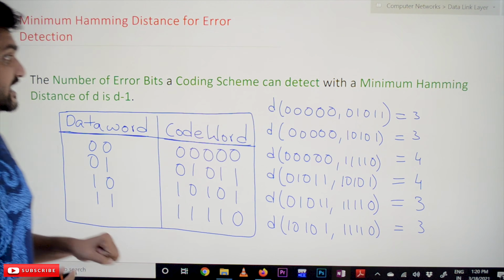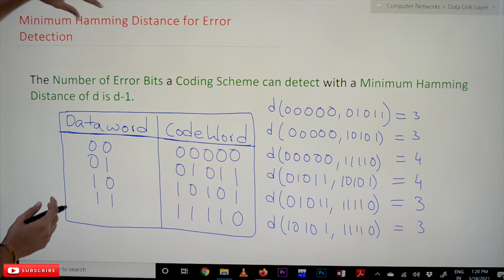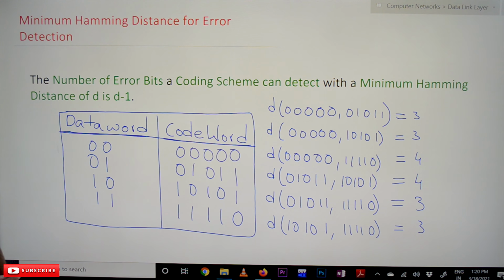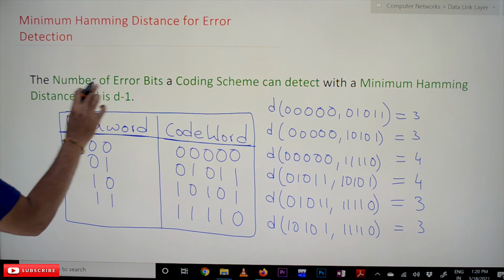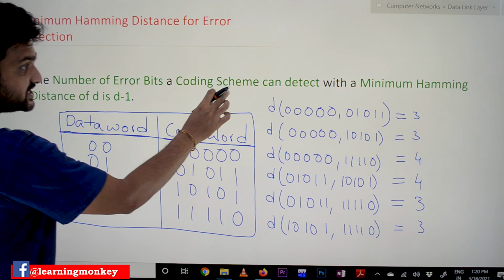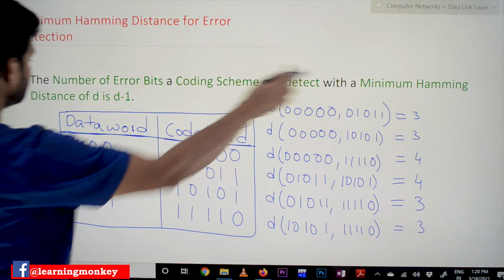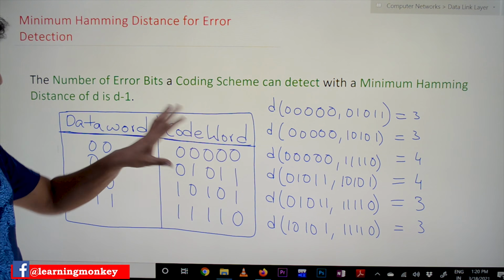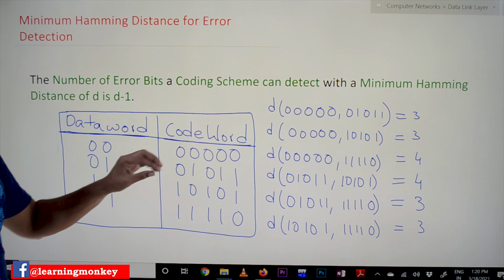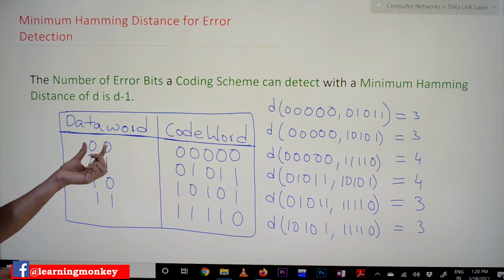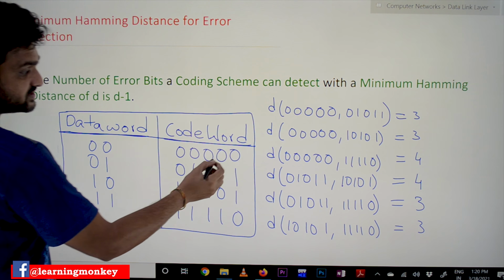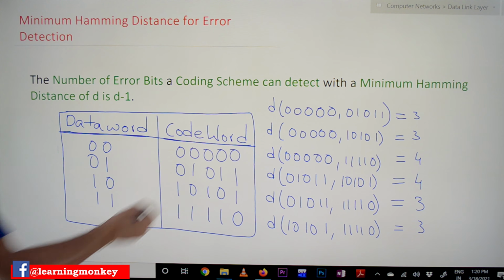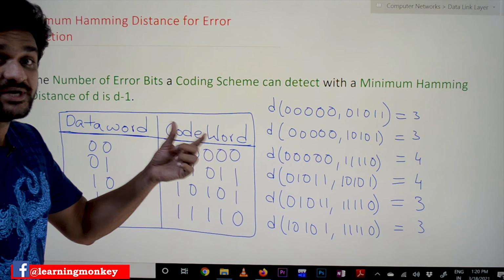Now coming to this class, how the minimum Hamming distance can be used for error detection, that we will try to understand. The number of error bits a coding scheme can detect with a minimum Hamming distance of d is d minus 1. For example, in this coding scheme we have 2 bits for data words and these 3 bits are the redundant bits added to the data words, which is going to generate a 5-bit code word.